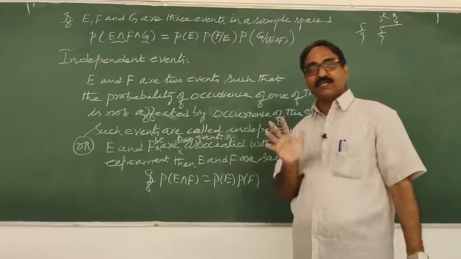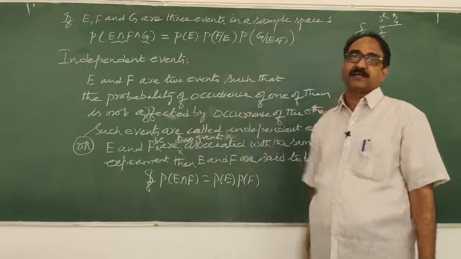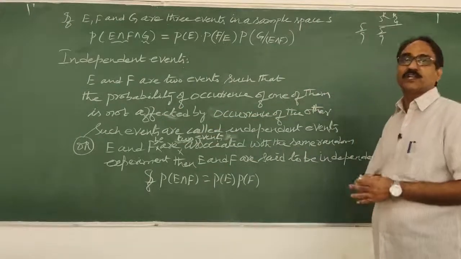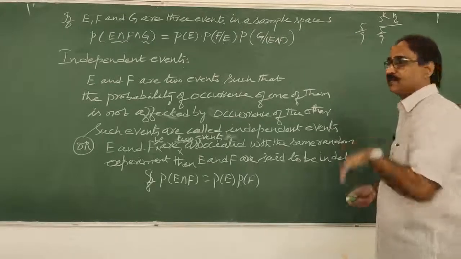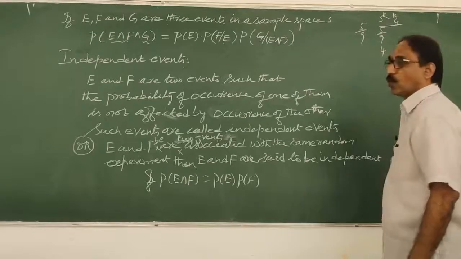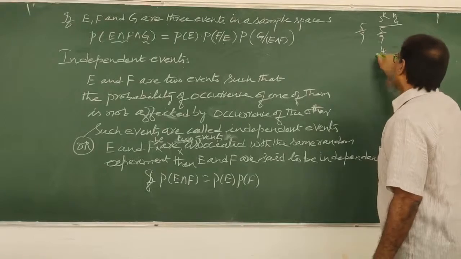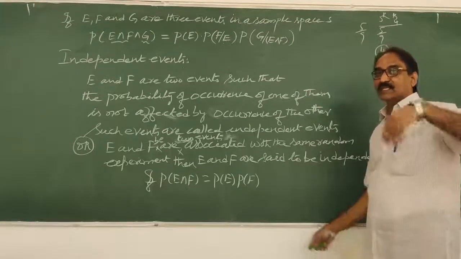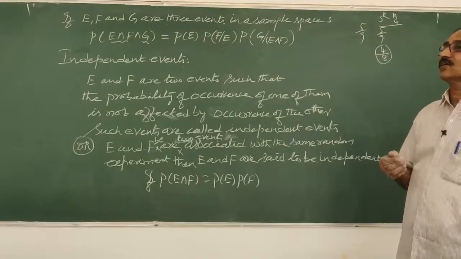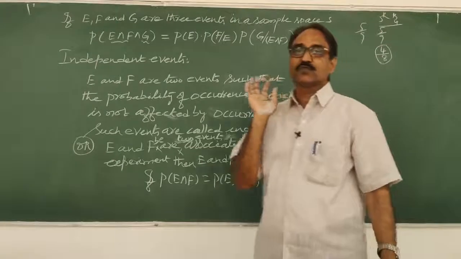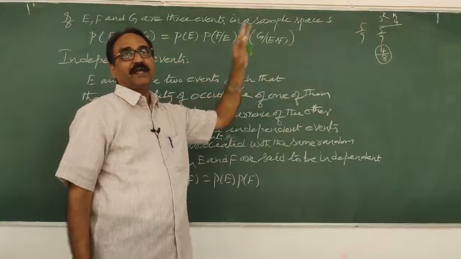Suppose in the same instance, I don't put back the first red ball that was drawn, and keep it outside. What is the probability of drawing a red ball in the second draw? Out of 5 red balls, 1 is drawn and kept outside, so the red balls left are 4, and the total out of 9 is now 8. So the probability of drawing a second red ball is 4 by 8. Because the first ball was kept outside, it affected the second drawing. Therefore, such events are called dependent events.